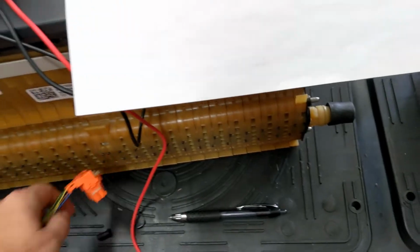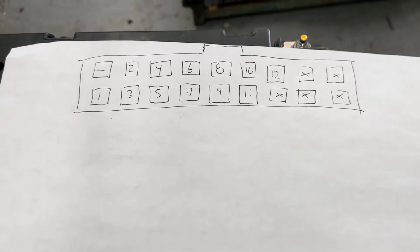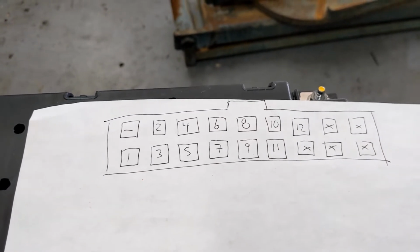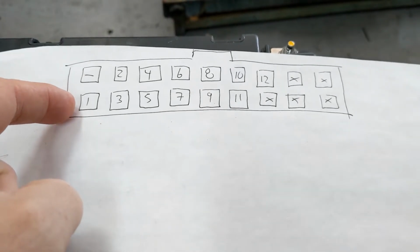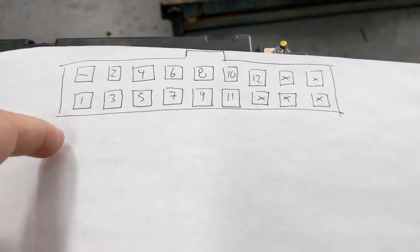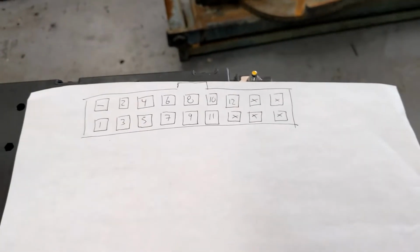So it's really straightforward. The next thing that you have to do is, what I did was I would write out the pin positions here, and then next I would write in the numbers that are associated on the wiring loom. When you do the first one, it's really simple because it's just 1 to 1. So you have the black going to negative, and then cable number 1 going to number 1, number 2. But when you do the next group, the negative is going to be minus 13, and then the first pin right here would be lead number 13, and then lead number 14, then lead number 15. So I always would draw little maps